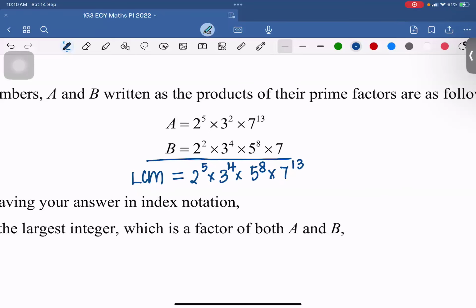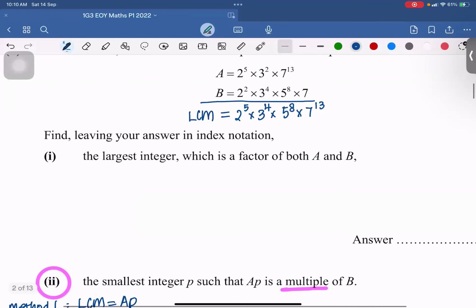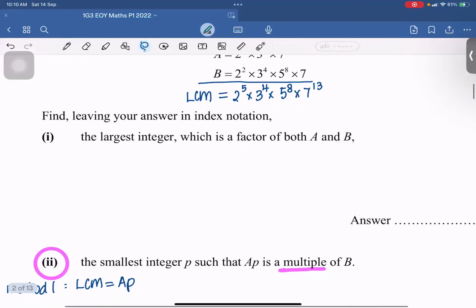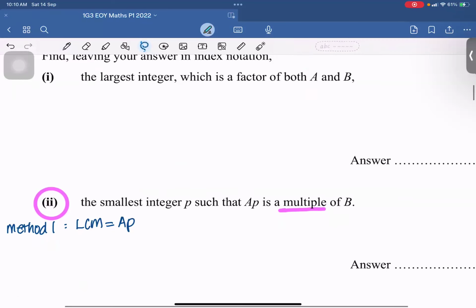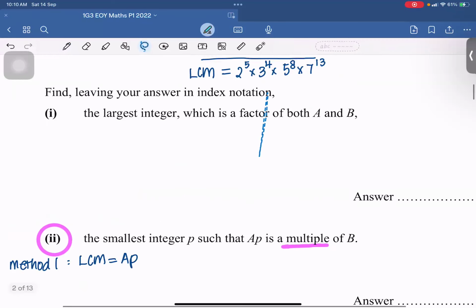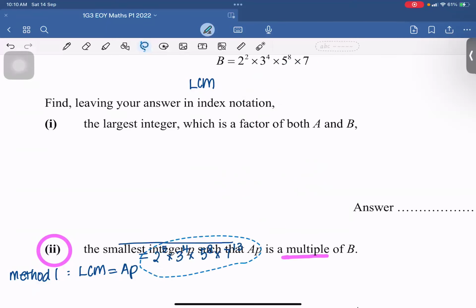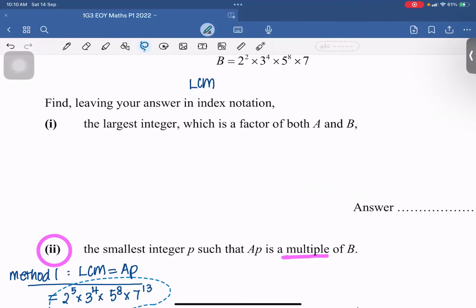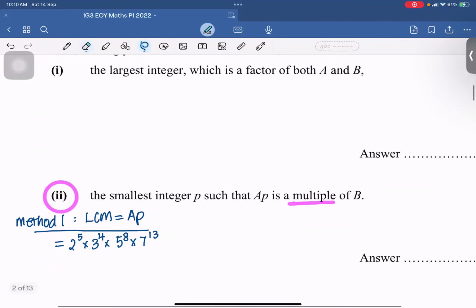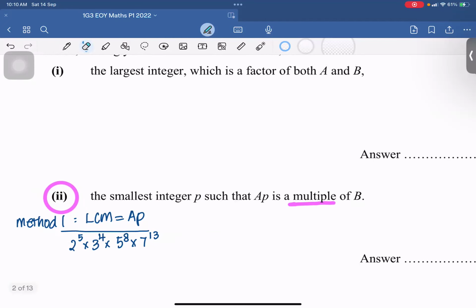Wonderful. So in this case, the first method is to choose the LCM and take the LCM to be equal to a times p. Let me copy this down first. I'm lazy to rewrite again. Let me copy it down first. Okay, finally, the LCM. So my first method, I'm going to take my LCM to be equal to,